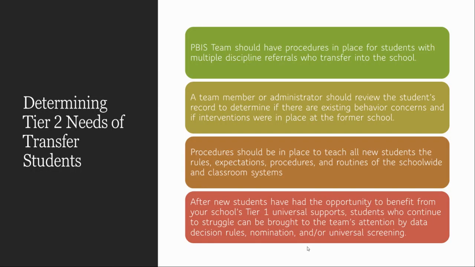So the tier two identification system should include protocols for identifying new or transfer students that are coming into that school building and that may be entering the school year not at the beginning. They may be coming into the school at a different time. They may be transitioning from a new school, new enrollees, or whatnot. So the PBIS team should have a procedure in place for those students with multiple discipline referrals who transfer into